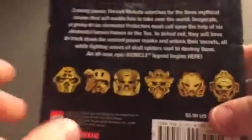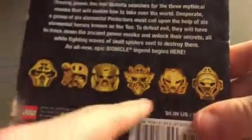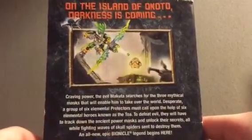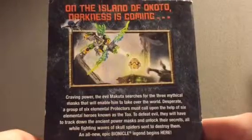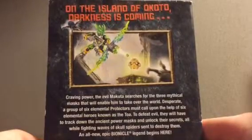But I'm going to read this description. Oh yeah, also we have the 6 golden masks for each of the Toa. Pretty cool. So it says, on the island of Okoto, darkness is coming. Craving power, the evil Makuta searches for the 3 mythical masks that will enable him to take over the world. Desperate,